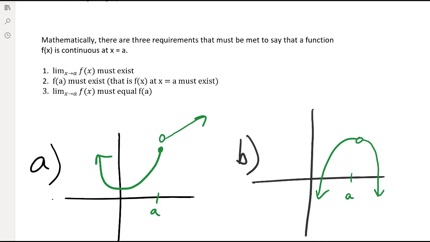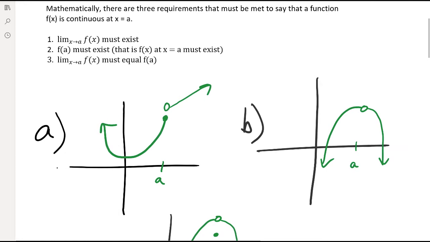So what I want to do next is look at three graphs here, A, B, and C. I want us to go through each graph and determine why each of these graphs is discontinuous. Discontinuous means not continuous. And I want us to specify which one of those three conditions is violated in these graphs. So if we look at the graph from part A here, we notice that first of all,